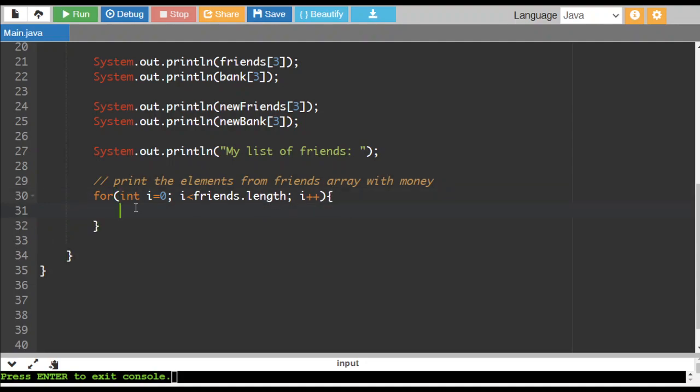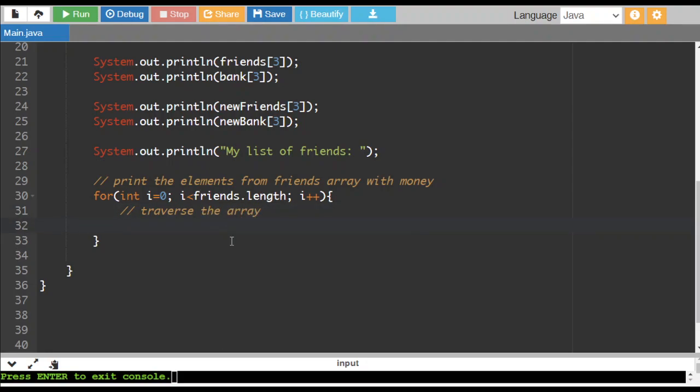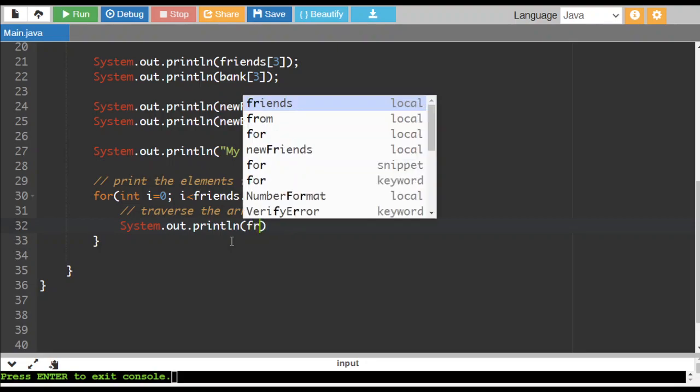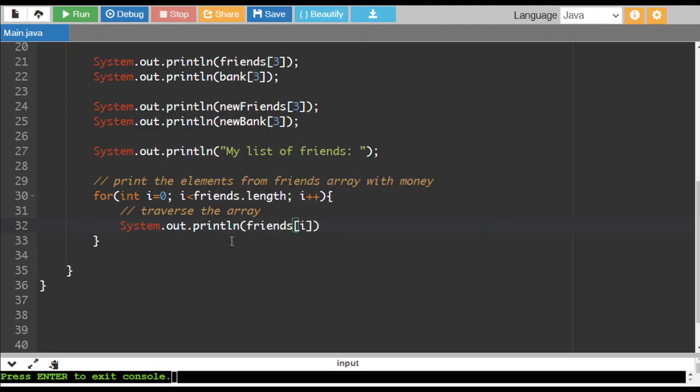Okay. So what we're going to do is we're going to traverse the array. So important word, traverse the array. And then we're going to print the elements one at a time. So each time we do this, it's system.out.println, and we're going to format it like this. So we'll display friends, element I. So it's going to carry us from 0 to 4. So we're first going to display friends element I